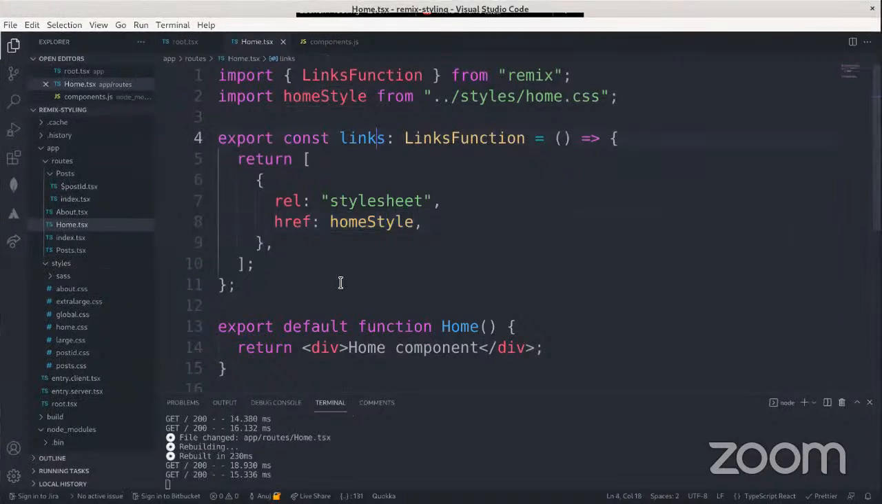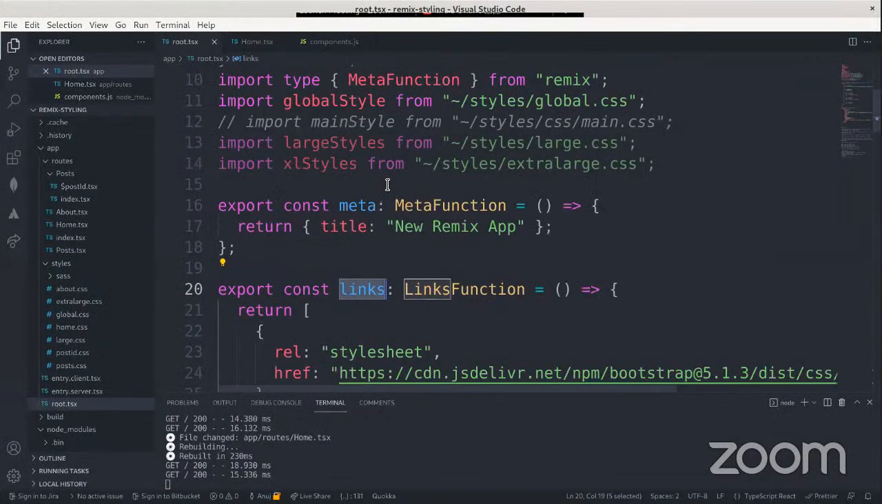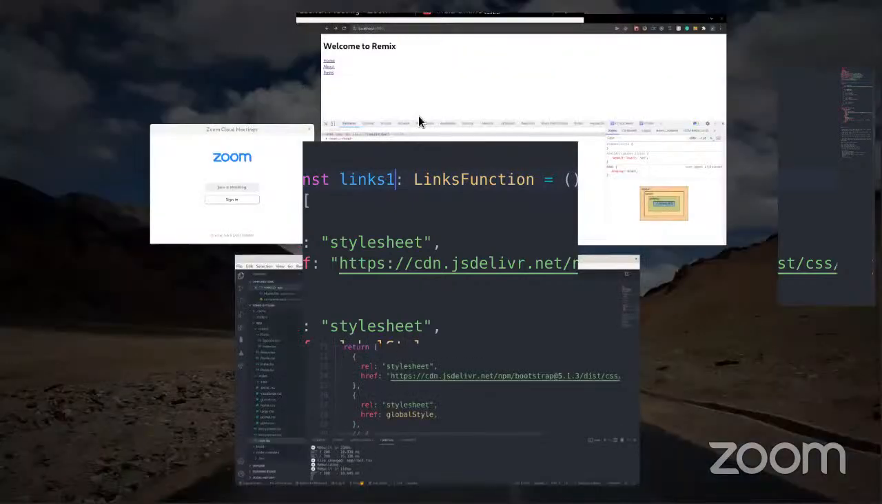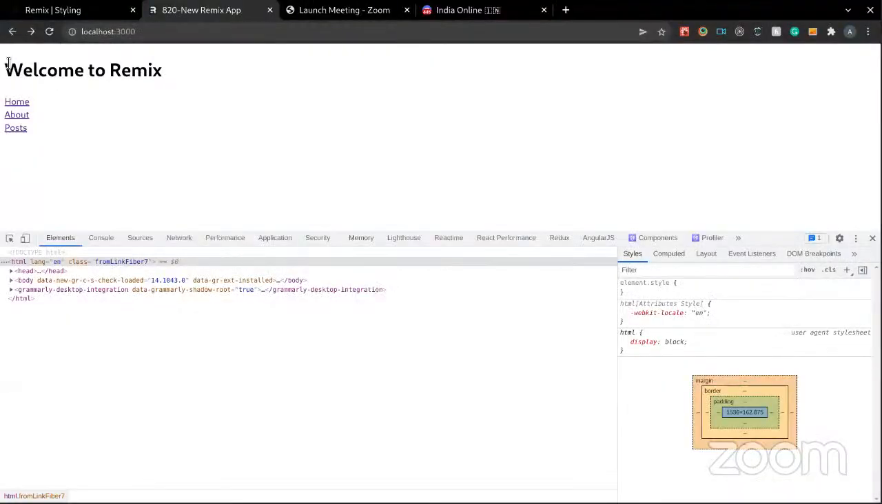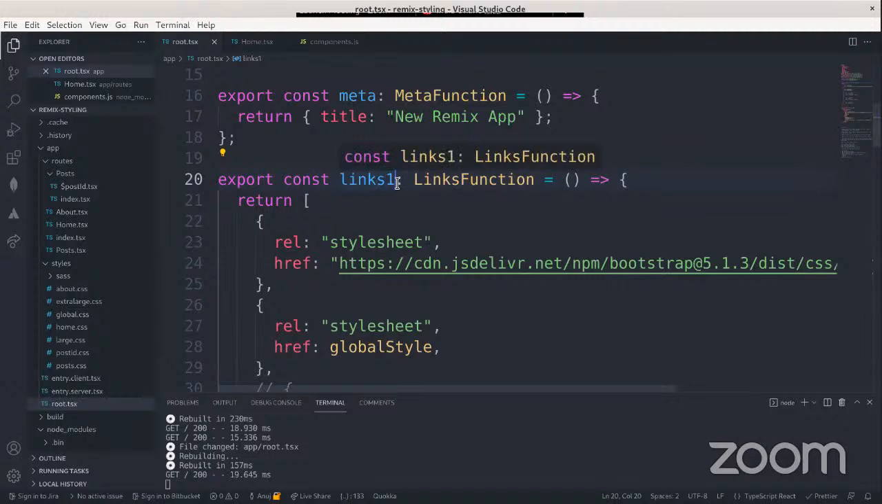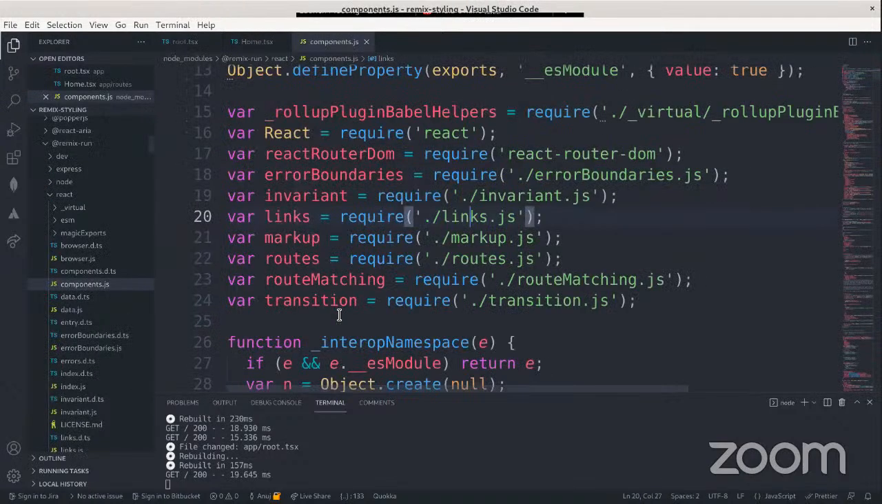Suppose this is a links component. If I change it to something else, then Remix will not understand that this is the links component, and the styles will not apply. So we have to strictly follow the name. Why do we have to strictly follow it? Because in their code, in their links component, they have mentioned, I think